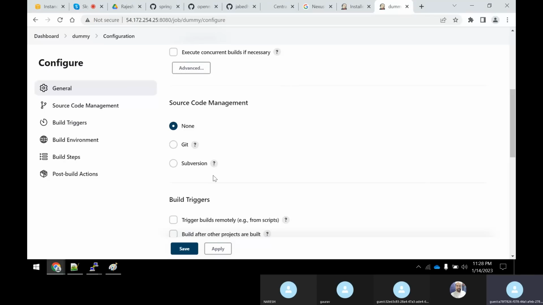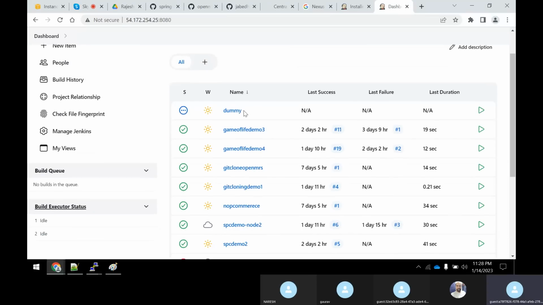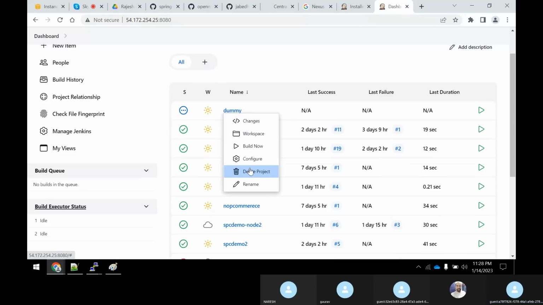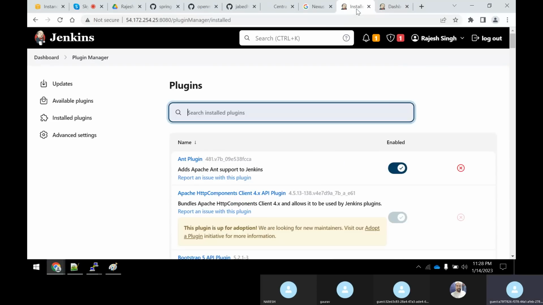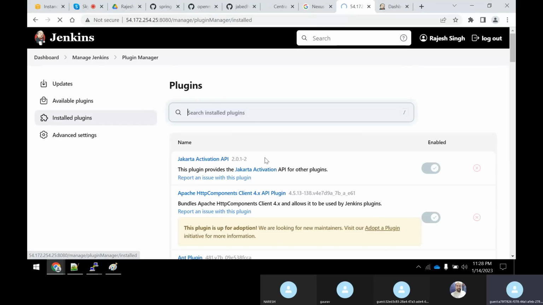But you can try it out that when you uninstall it and restart the Jenkins, again you log in and create a dummy project, right? So you will not be able to see this section actually, right? So let me delete this dummy project actually. Okay, fine. Now coming back here. Okay, so this is the section where all the plugins are installed.